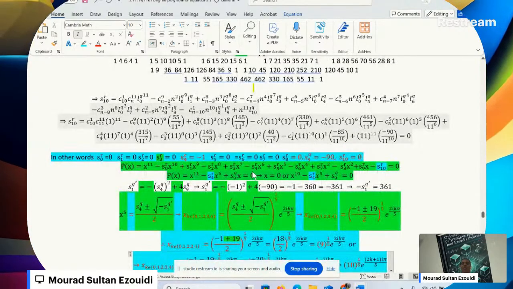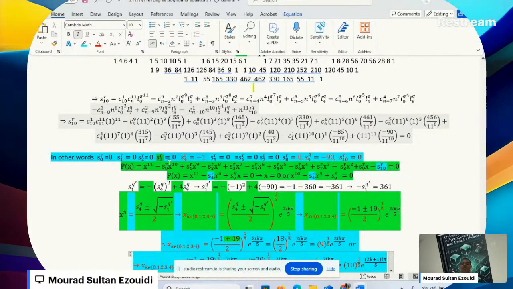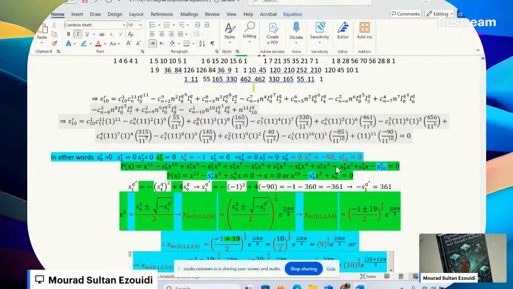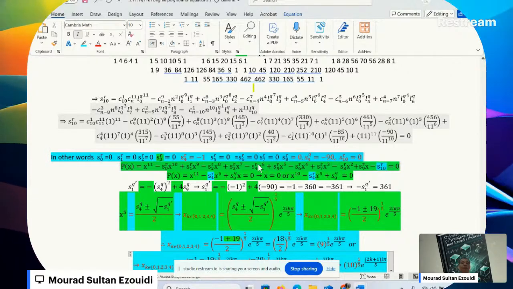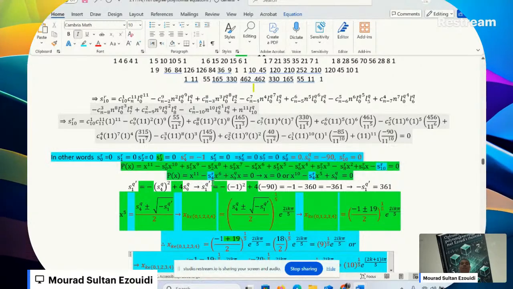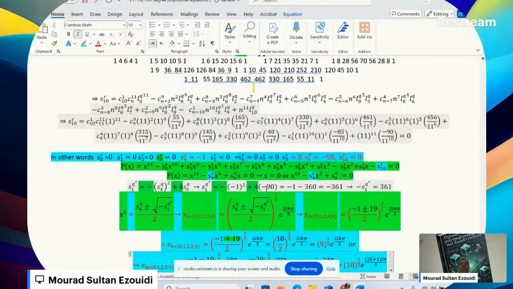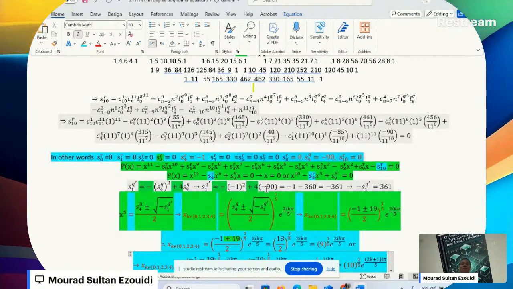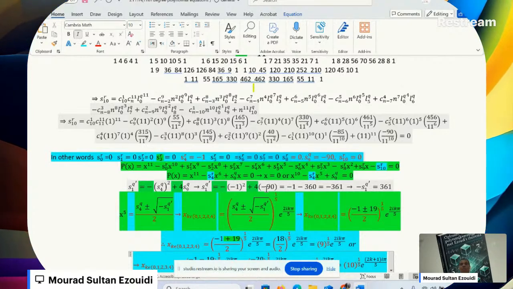Okay. In other cases, you can find S1 different to 0, S2 different to 0, S3, S4, all the coefficients are different to 0. You can find this kind of coefficient. Okay. And what is important now is that this method is not only powerful, it's a new chapter in the story of mathematics.